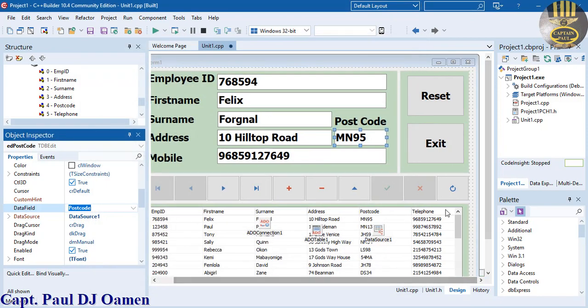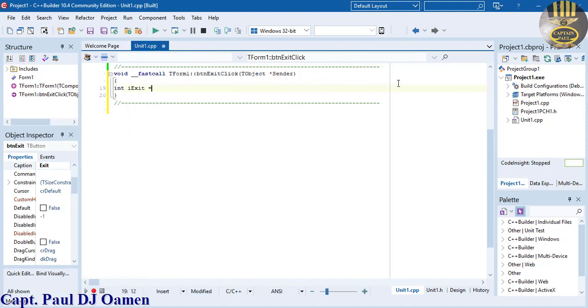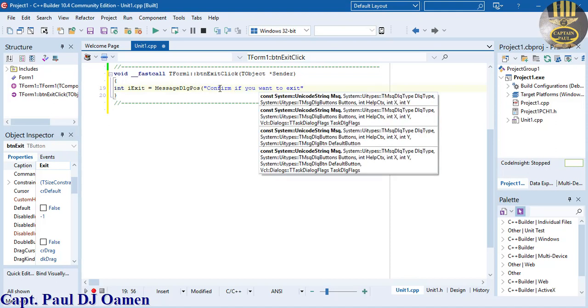Exit and go. Come right here. Let's double click on exit. Double click on that very button. I'm going to declare the following variable: iExit. iExit is an integer. I'm going to say iExit equals, let's drag this so that you can see all of the lines of code, equals message DLG post, and in there I'm just going to say confirm if you want to exit. There, enter a comma, and I'm going to now say empty. This time around I'm going to use information, comma, and let's say